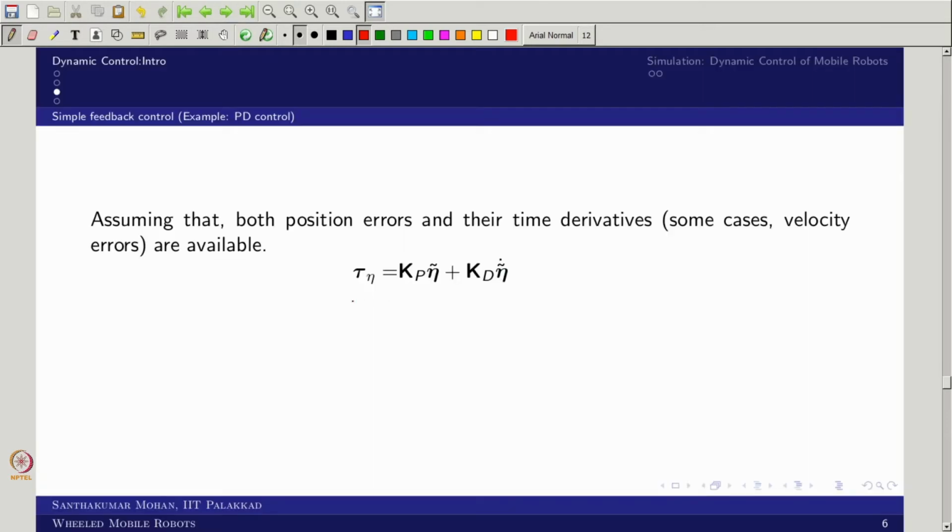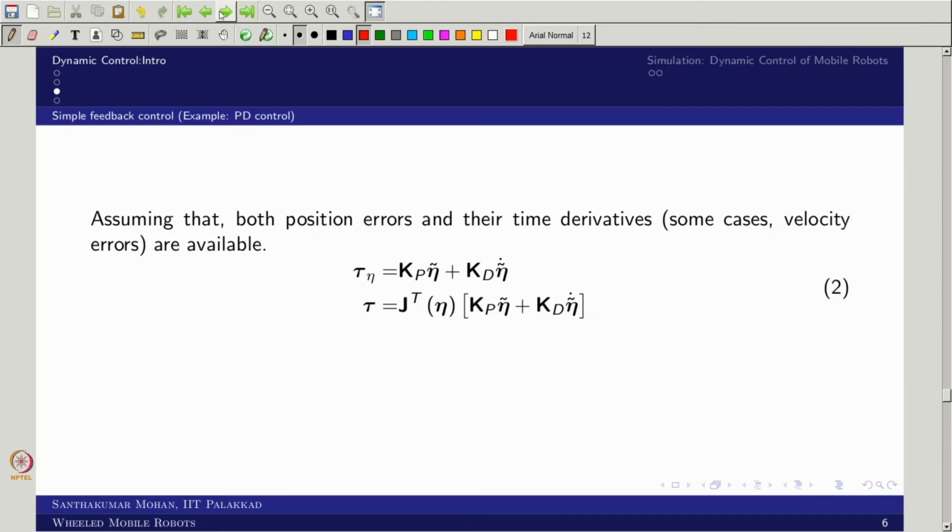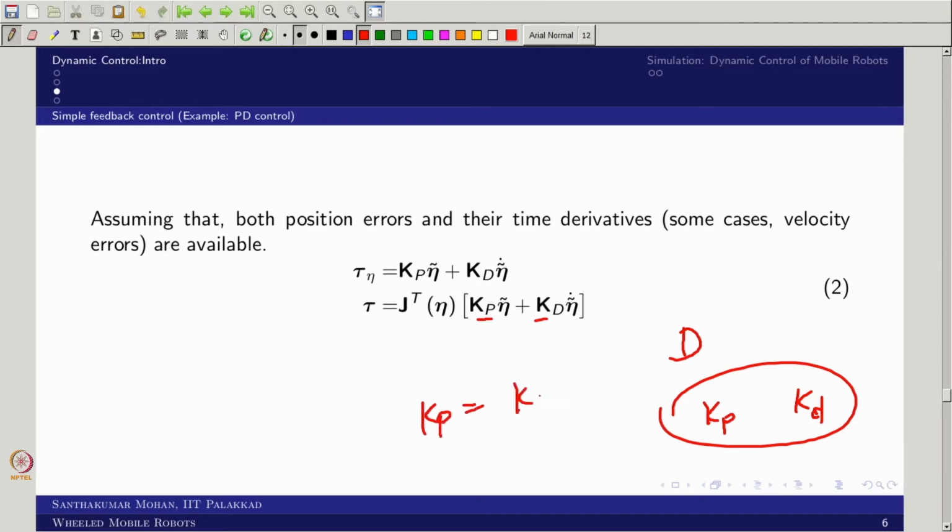So how that comes about is the control aspect. This is the proportional control and this is the derivative control, and we are assuming that this is not velocity error. We have taken the time derivative of position error. So we have to see how Kp and Kd can be chosen. Since D is one matrix, you can take Kp and Kd in such a way that they are related with one simple parameter called K. Kp I am taking as K squared and Kd I am taking as 2K.